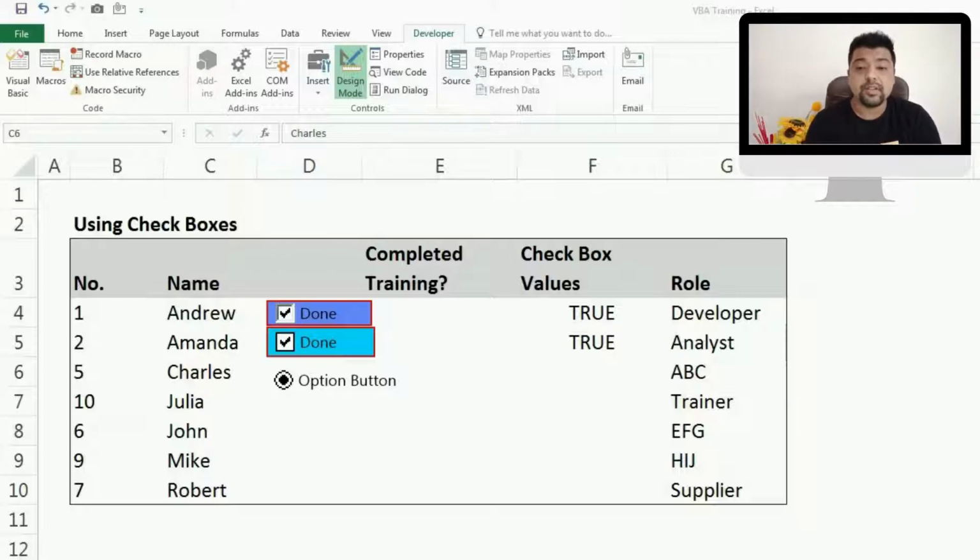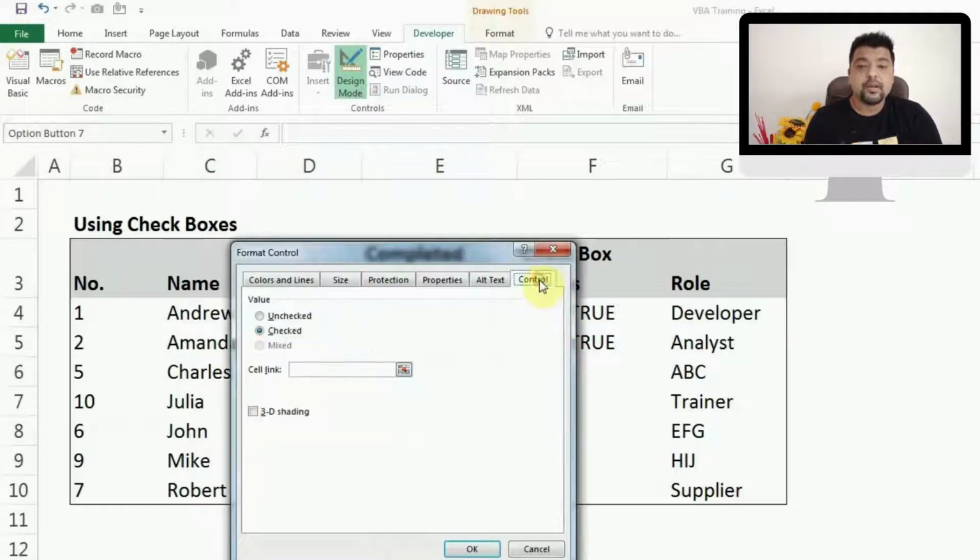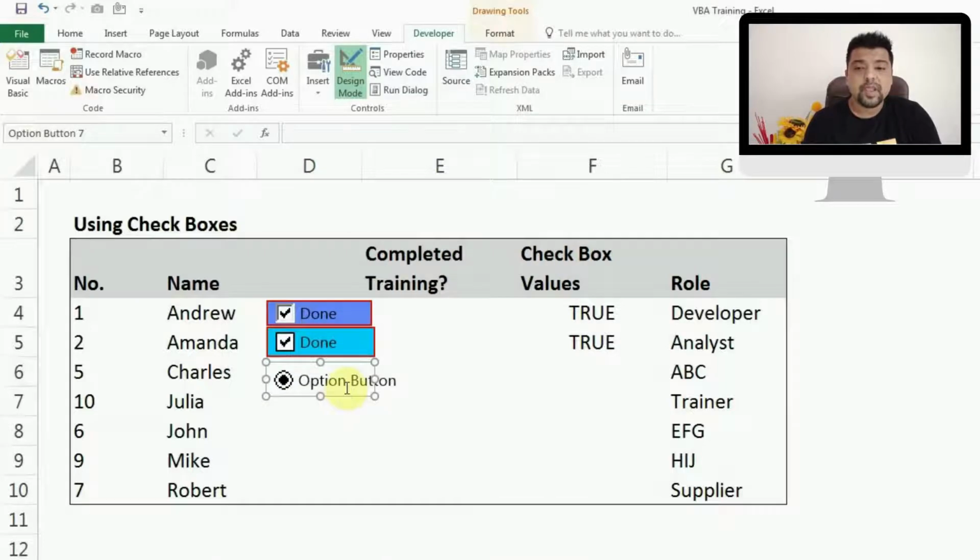Moving back to our today's topic, as you can see on my screen right now, I have the same table that we saw when we were looking at all the properties of checkboxes, right? Similarly, we are going to talk about option buttons, right? As you can see, I already have an option button right now. I have just added it. I haven't done anything, but I'll just remove this and show you from the start.